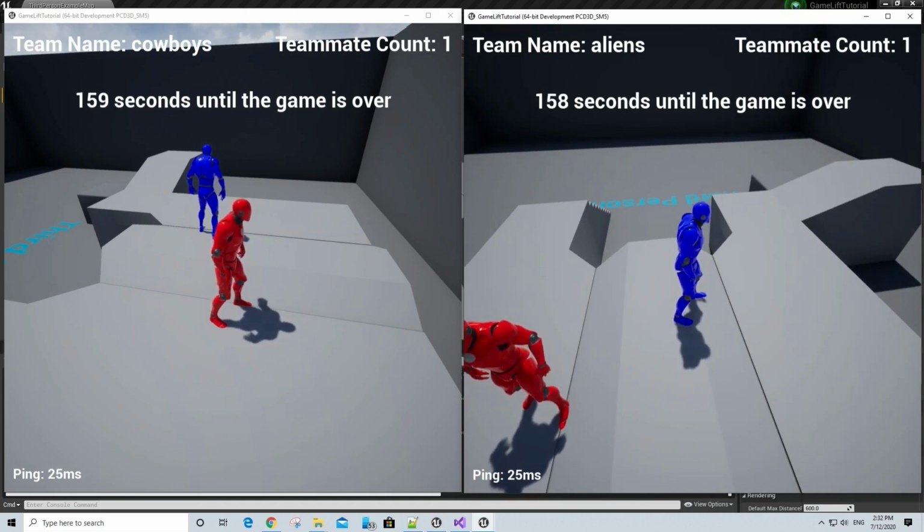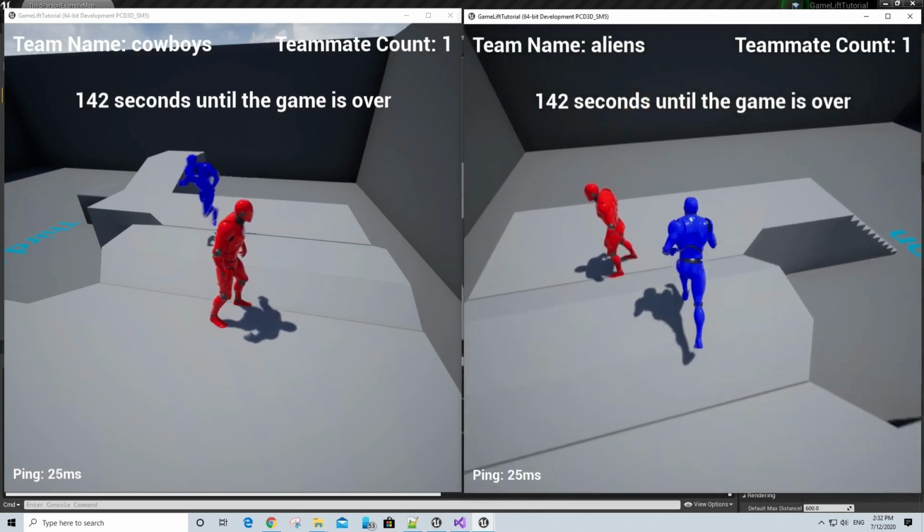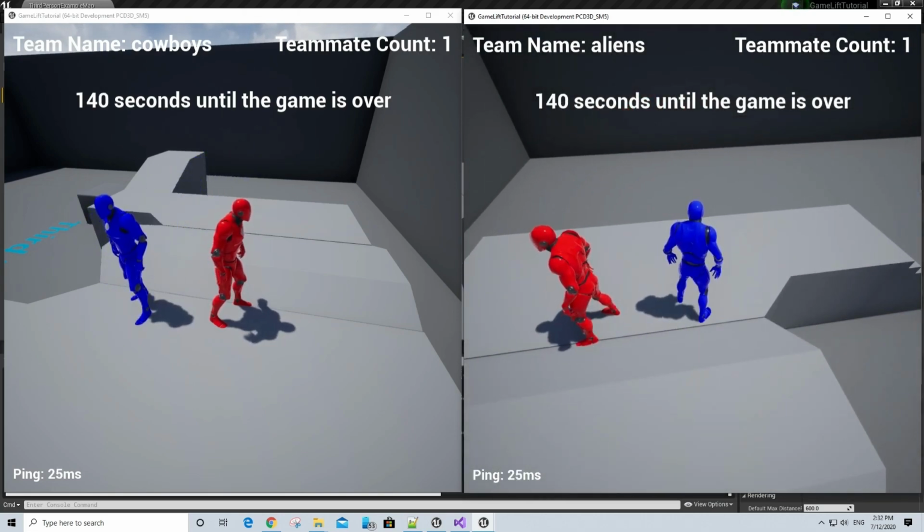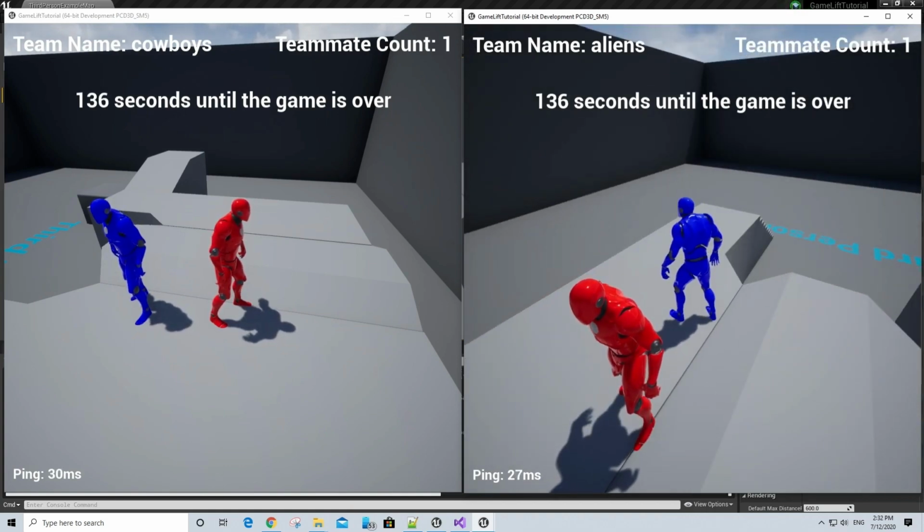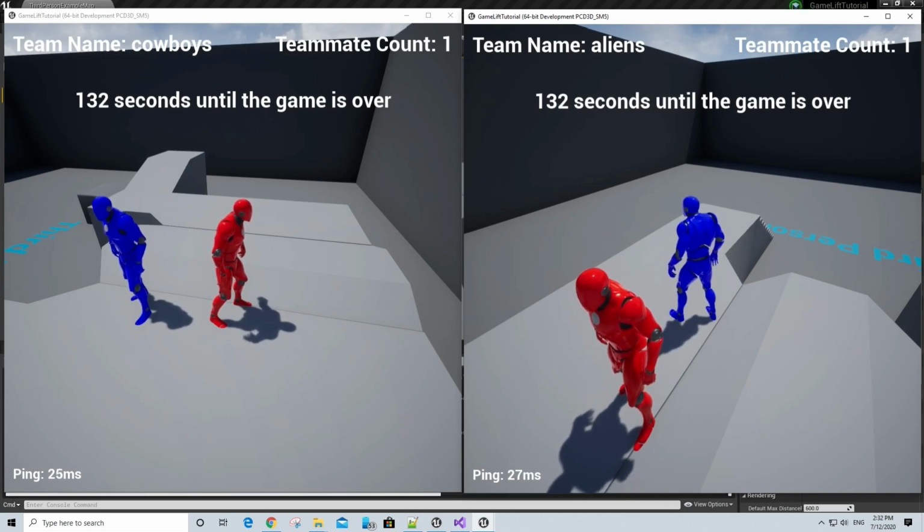We have to wait until the game is over to get another match going, but that's fine because right now I kind of want to just test to make sure that the game can complete its full lifespan. So by the time this game ends in about 140 seconds, we should see which team won at random. It's about 50-50 odds, and then after that we are going to check DynamoDB for the updated player stats and